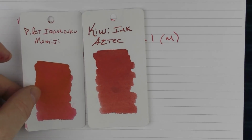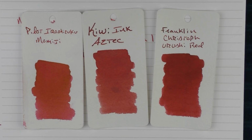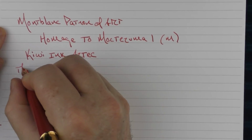In regard to some comparisons, that's what it looks like with Pilot Iroshizuku Momiji, and then here it is with Franklin-Christoph Urushi Red. Again, one of my favorite reds right there. And in regard to the rest of the writing sample,